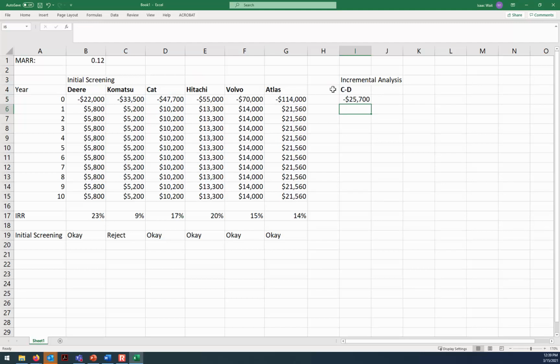Okay, so let's just make sure that this makes sense. It's an extra 25,700 for Cat. So yes, it is the more expensive. We should expect that to be a negative value. If we had a positive value, we'd have a problem because at time zero, it's going to be an additional upfront expense. So you pay an extra 25,700. The question is, what's the rate of return on just that increment? We already know the overall rate of return for Cat is 17%. What we want to know is what's the rate of return on the additional amount you have to spend to get Cat